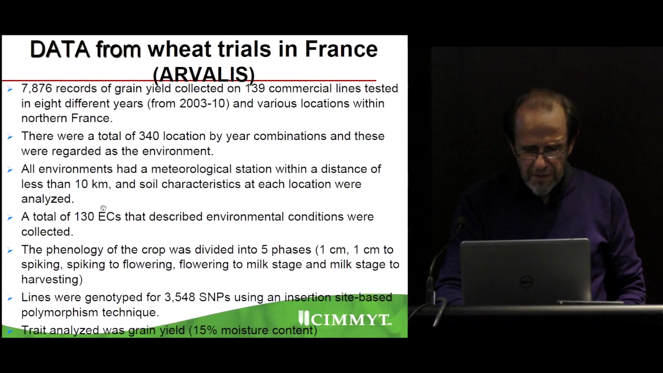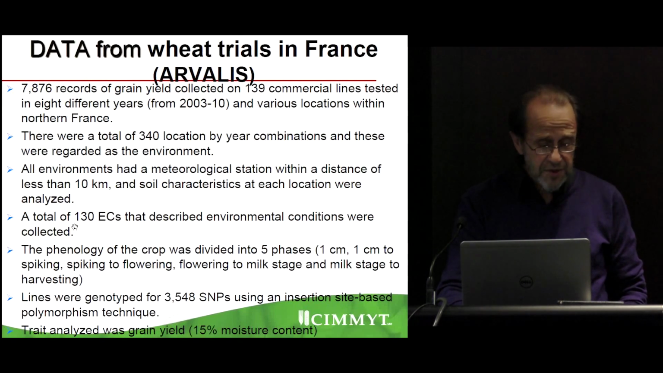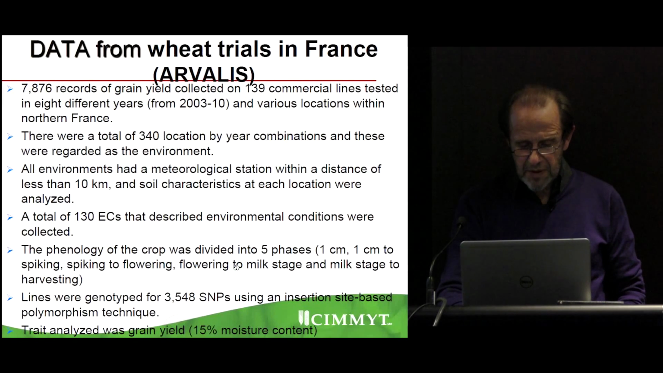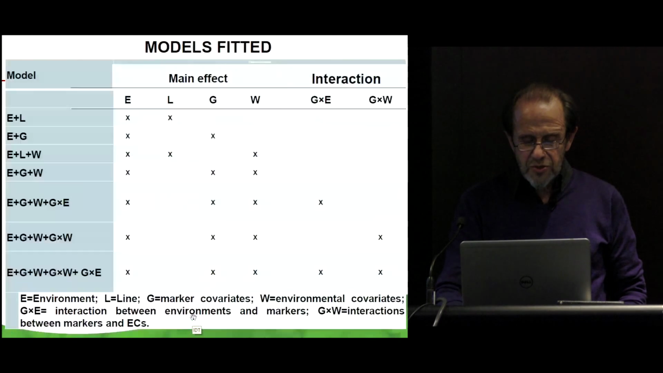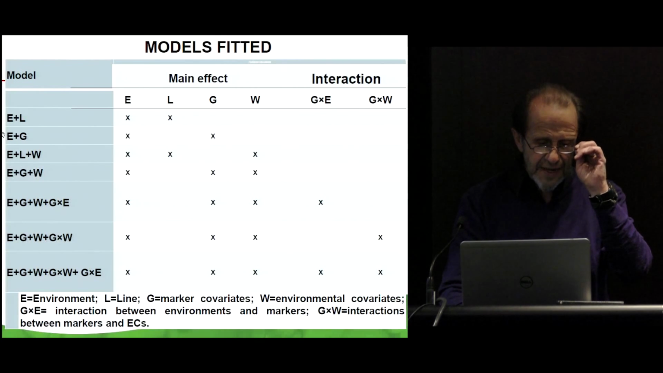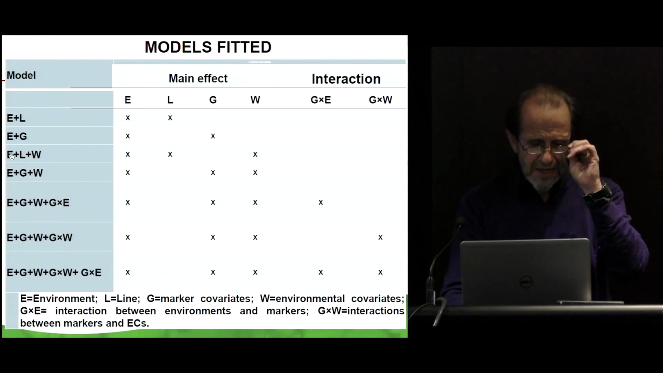We have a total of 130 environmental covariables describing the environment's conditions. The phenology of the crop was divided into 5 phases. Lines were genotyped with SNPs, and the trait analyzed was grain yield. And so these are the models that we fit: environment and line, environment and genomics, environment, line, environmental covariables, and